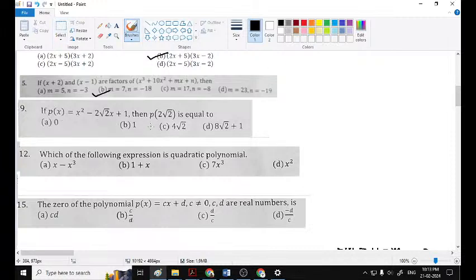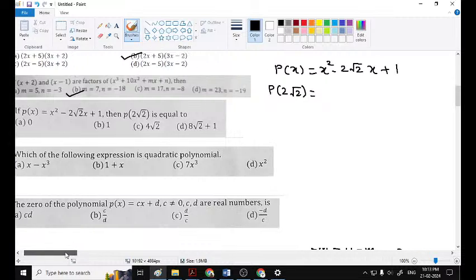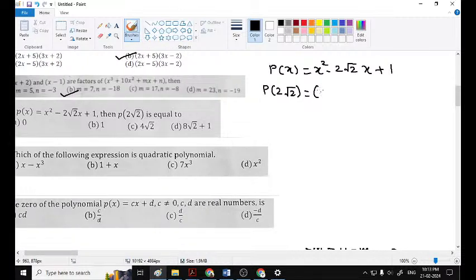P of x is given, then find P of 2 root 2. P of x is x square minus 2 root 2 into x plus 1. P of 2 root 2 means you have to put 2 root 2 in place of x. So this is (2 root 2) square minus 2 root 2 into, in place of x, 2 root 2